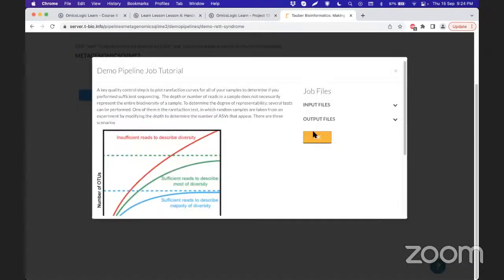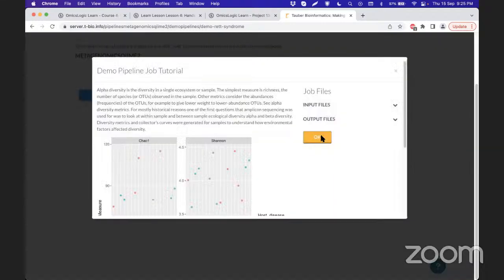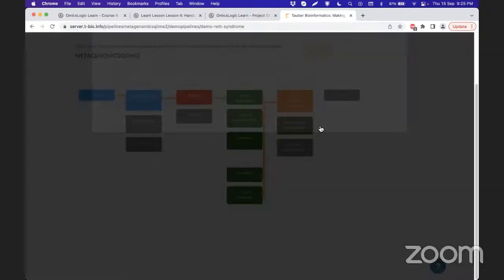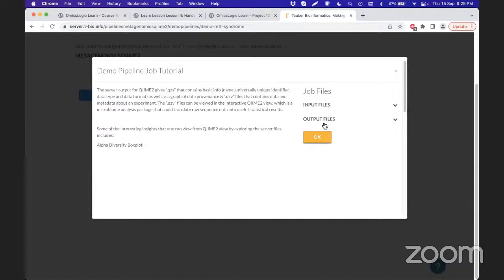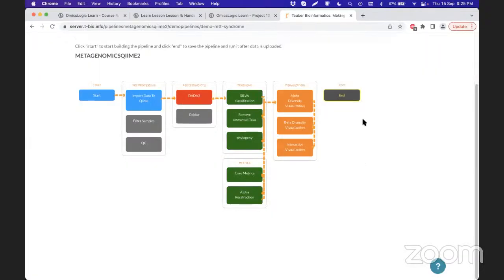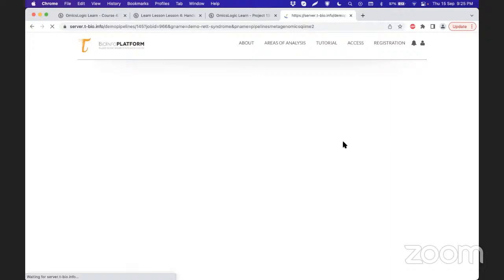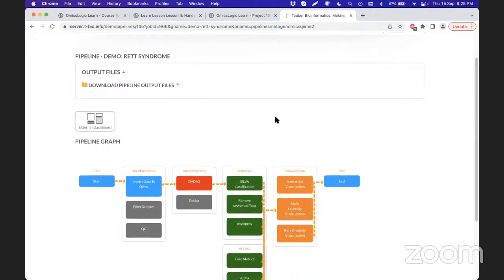So the process involves choosing one of the next available analysis options that are highlighted when you select the previous ones. Since this is a demo pipeline, it's only letting me select the path with which we have set up the pipeline. In reality, when you select one of these options or algorithms, it's going to highlight all possible routes that you can take. So you can design your analysis methods or sequences depending upon the data, depending upon the hypothesis that you are actually testing. This external dashboard will give you options like,